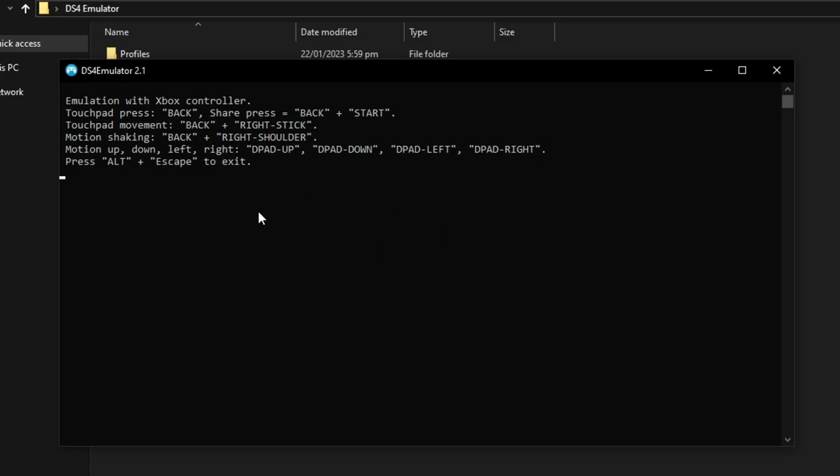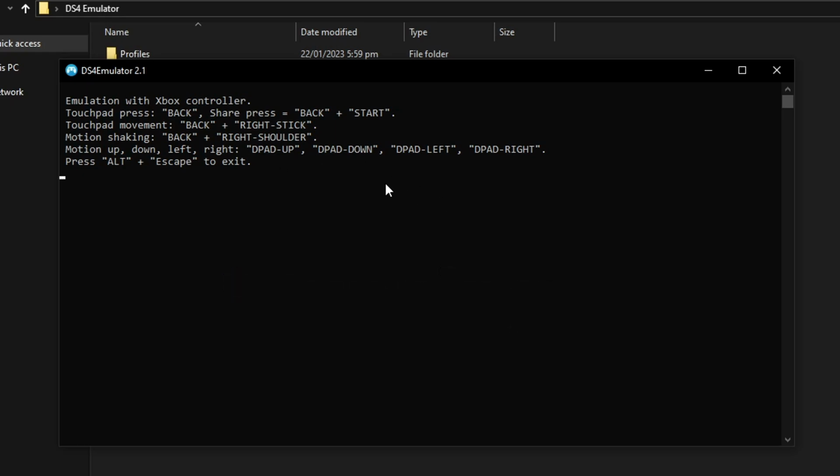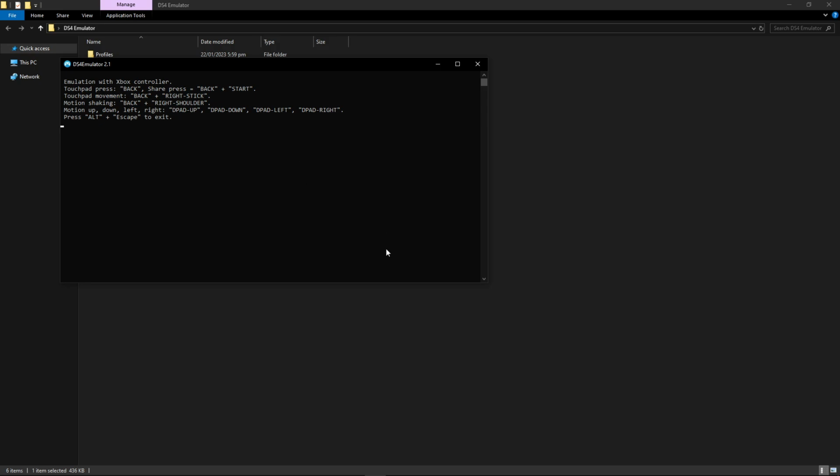And this program needs to be running when you are playing the game. So you just use this one when you get to the section of the game where you have to use that. And when you're through, you can come back here and just close this program if you don't want that running on your PC. Now we are ready to finally start the game.